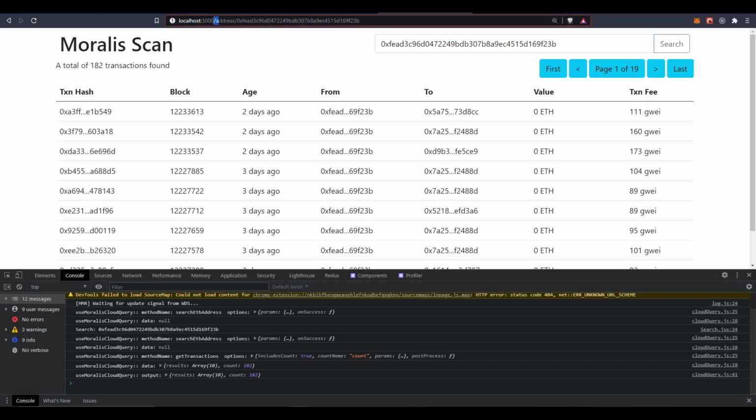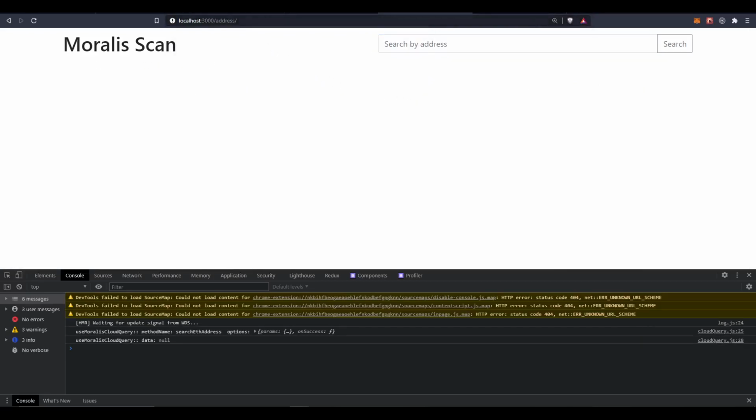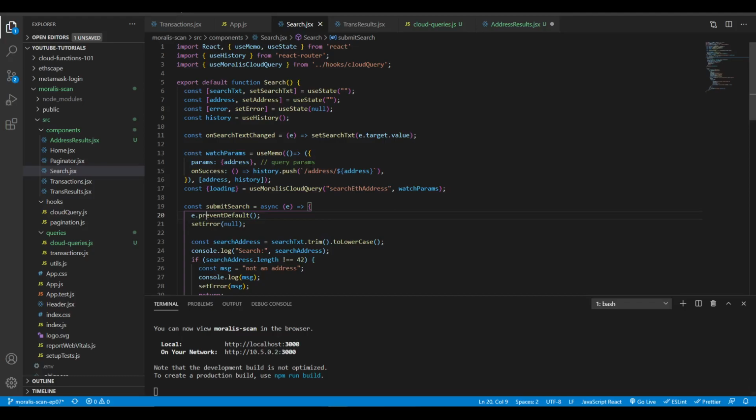Because if you notice, if we navigate to the root URL, it goes address slash here without an address, and that's an error because our component, when we built it here, has an initial address state of the empty string. So we can fix both of these errors at once